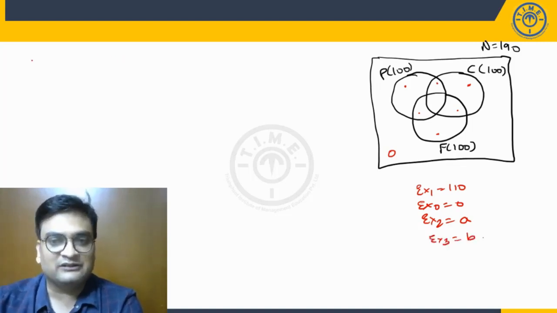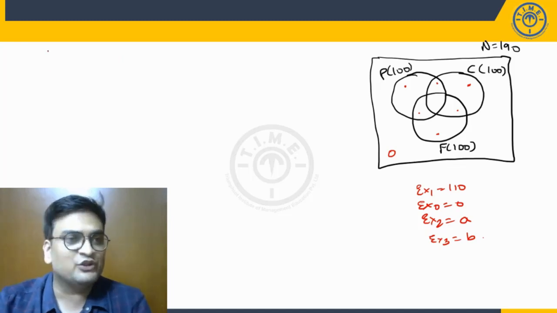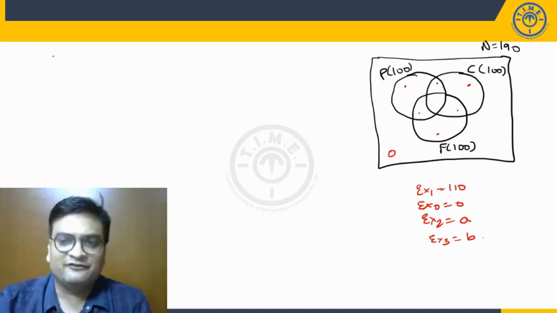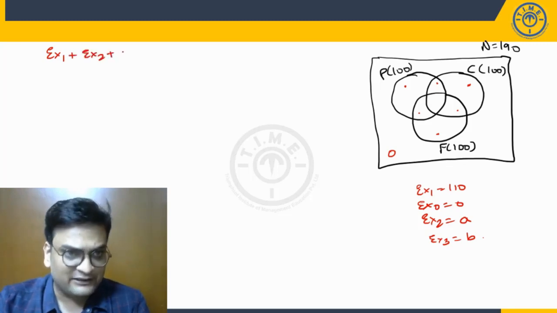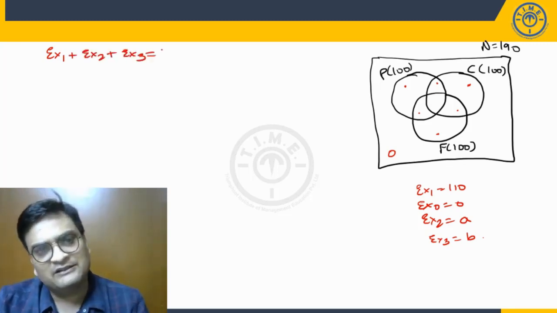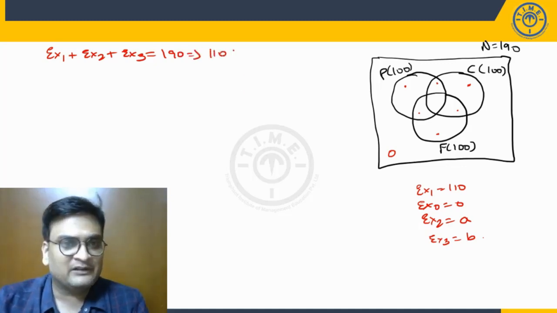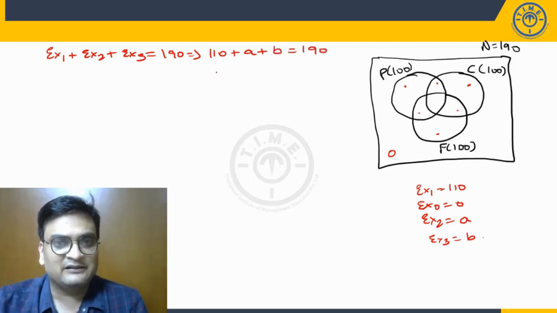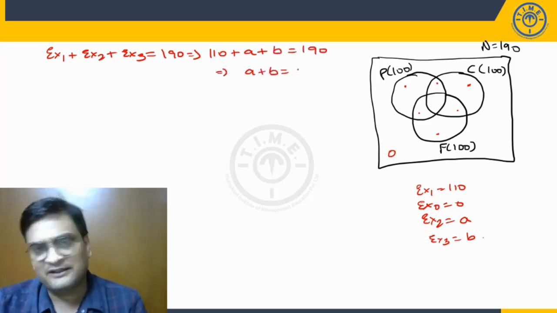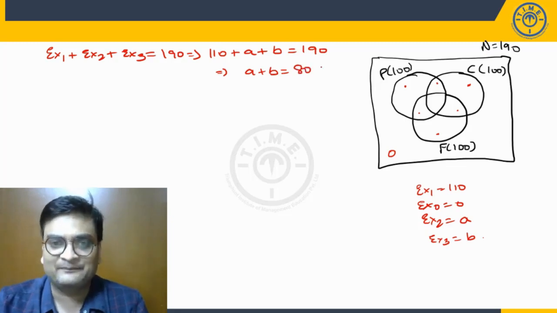Okay. So the first equation that we may write down here is universal set N will be nothing but the sum of the elements belonging to exactly 1, exactly 2 and exactly 3. This should be equal to 190, meaning exactly 1 is 110. Exactly 2 we have taken as A plus B is 190. So that means A plus B is 190 minus 110, 80. Okay, let's call this equation